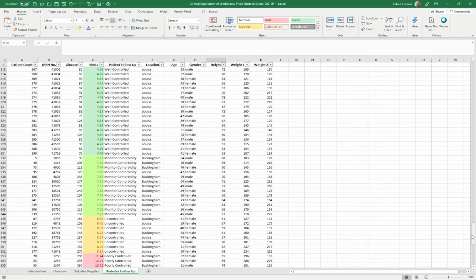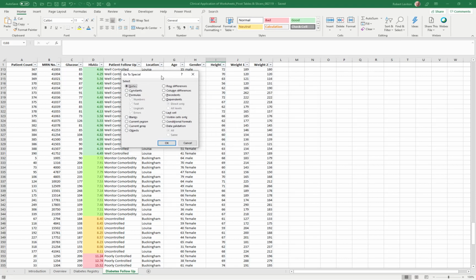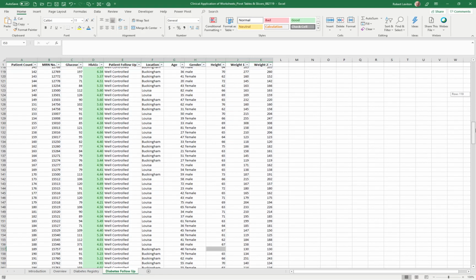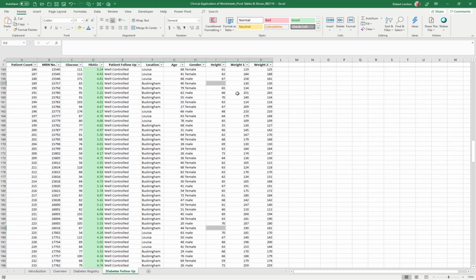We first want to begin by making sure that our data table has no missing information. To do that, we're going to be at the Home tab on the ribbon and come over to Editing and select Find and Select, Go To Special. Within the window that you see here, we're going to select blanks, click OK, and notice how we have a blank in the height field here for medical record 2780. If we scroll down, there's another blank. So we have a blank here at medical record 15757